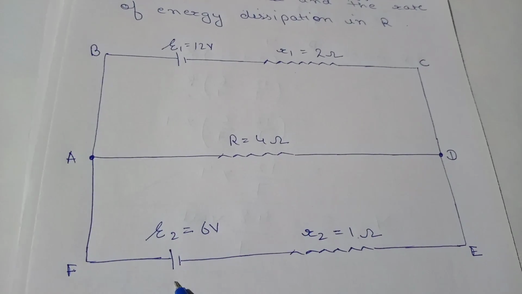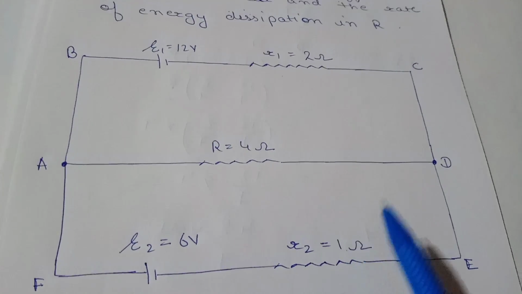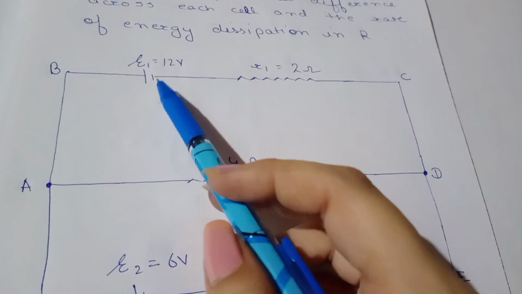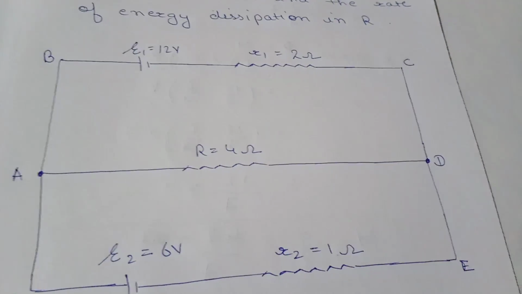Here we have EMF of 6 volt and a resistance of 1 ohm, and here we have resistance of 4 ohm, and here EMF of 12 volt and resistance of 2 ohm. Okay,